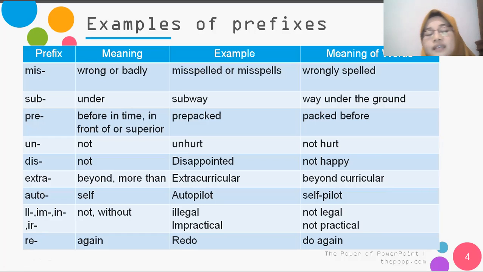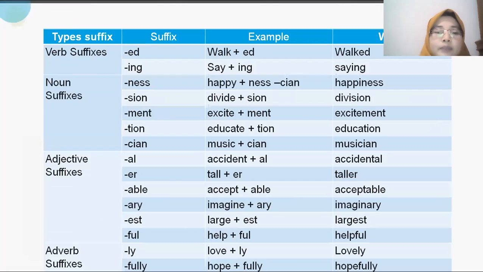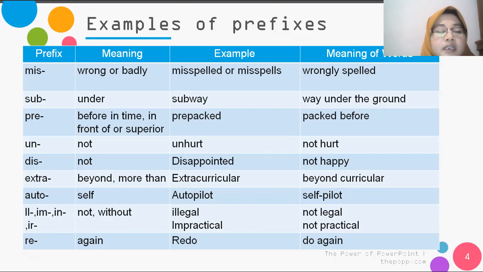They are used based on the place of articulation of the sound after the prefix. For example, if the word after this prefix begins with a bilabial, such as b or p, then im is used, such as impractical. So it depends on the place of articulation of the word after that.